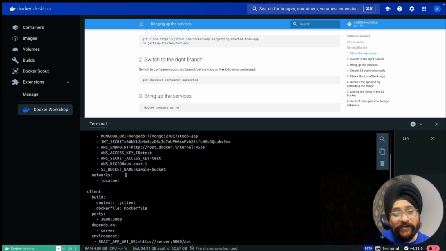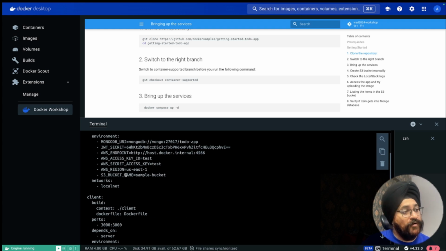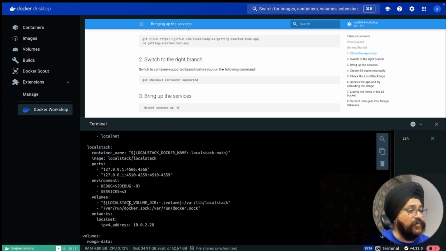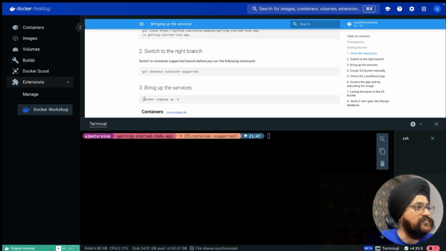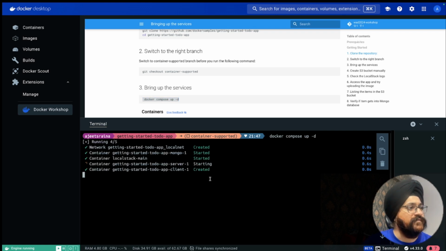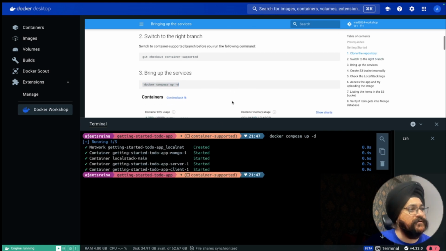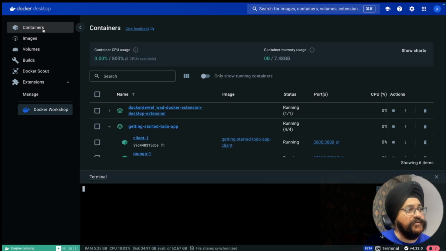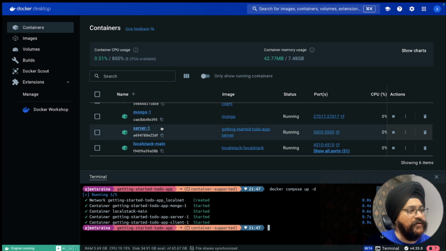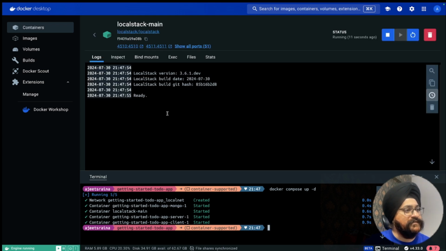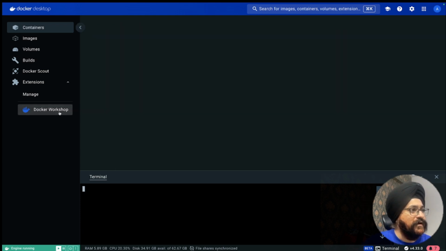Now imagine that you have a front end, you have a back end, and all these environment variables are sitting on your local machine, and you have just Mongo or LocalStack running inside a container. So what I need to do here is bring up this particular compose file. I can go ahead and start this compose file, and this will bring up all of my cluster talking to each other. I can go to the containers here and see this getting up and running. And if I click on LocalStack, it says it's ready. I can go back to the workshop,